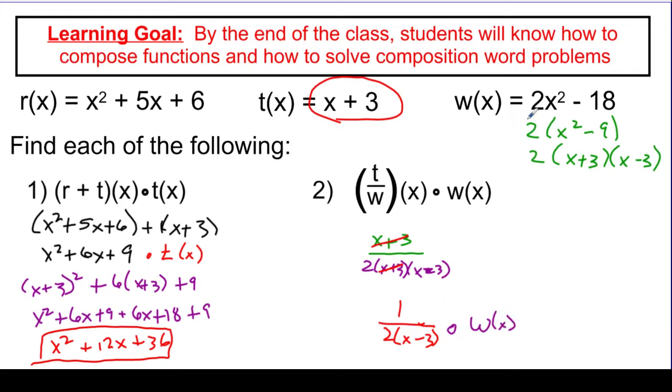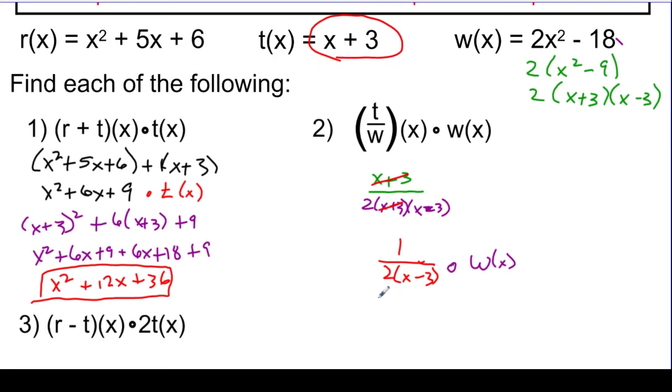And what that means is take w of x, which we have the unfactored form right here, plug it in wherever you see x and simplify. So let's move it down a little bit and plug in. So now this is going to look like 1 over 2 times w of x, which is 2x squared plus 18,